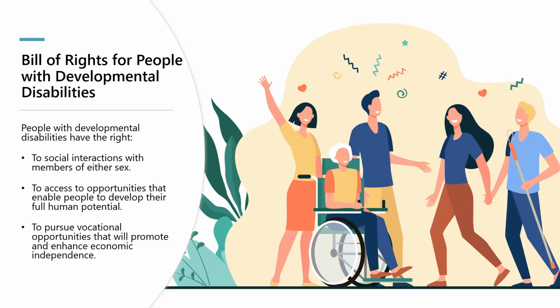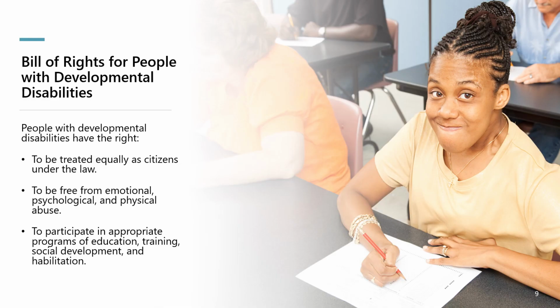People with developmental disabilities have the right to social interactions with members of either sex, of access to opportunities that enable people to develop their full human potential, and to pursue vocational opportunities that will promote and enhance economic independence. People with developmental disabilities have the right to be treated equally as citizens under the law, to be free from emotional, psychological, and physical abuse, to participate in appropriate programs of education, training, social development, and habilitation, and in programs